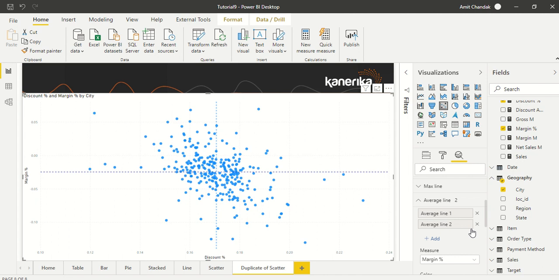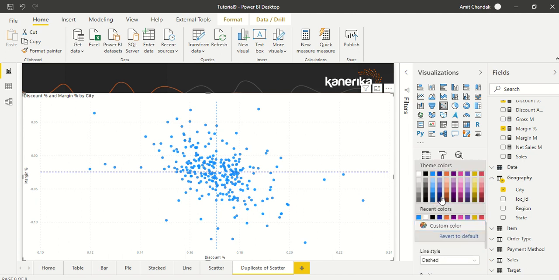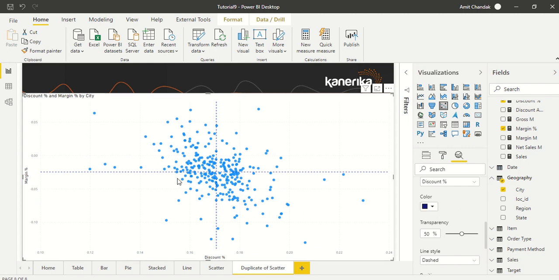So now we have got four quadrants, and this line is a bit darker, but this one is a bit lighter. Let me also make it a more dominating color, so we should be able to see all the four quadrants. This is our quadrant where we have less worry because we are giving less discount but we are getting good margins. These are the cities where we should be less bothered, but these are the cities where we should be worrying. We are giving high discounts and we are having low margin, and some of those margins are negative also. So this is one way we can display it.